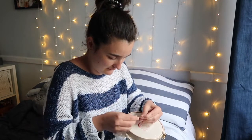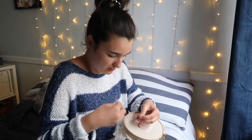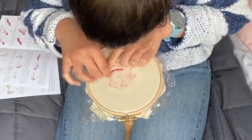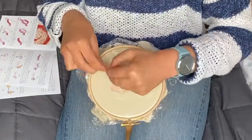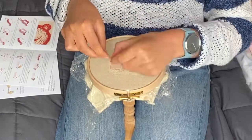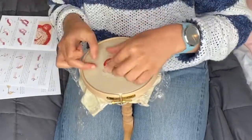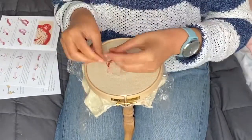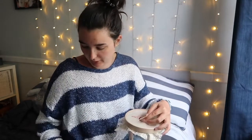So I just rethread this needle and we'll just do a few more because I'll be having to put a new thread on in a minute. Okay, so I'm running out of thread a little bit, so I'm going to cast off and then